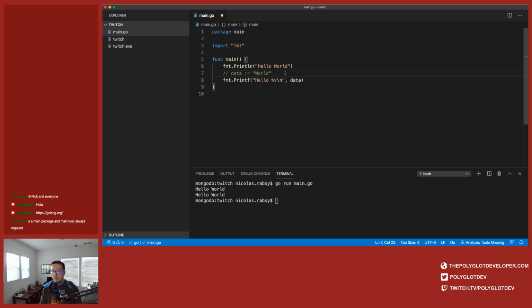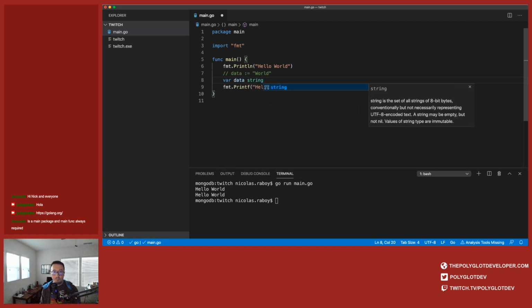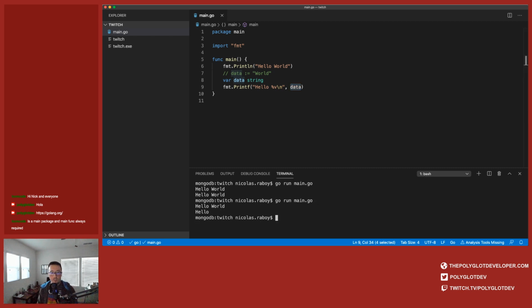Another way to do business is I can say var data string. Now I'm saying that this variable data is declared as a string. It doesn't have any data in it, so if I were to print it out right now, it'd probably just print out hello. Let's give it a shot. Yeah, it says hello. So what I could do now is say data equals world.